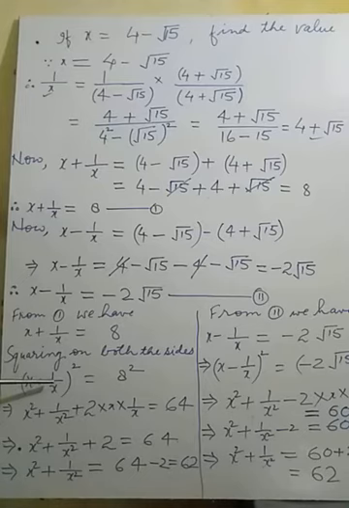A square is the symbol of first term, square of first term, b square means square of second term, 2ab means twice into the value of first term into second term. So this will be square of first term, x square, plus square of second term, that will be 1 upon x square, plus 2 into first term into second term. At this stage, equal to square of 8, is 64. It means we have to again simplify, and what will be there?